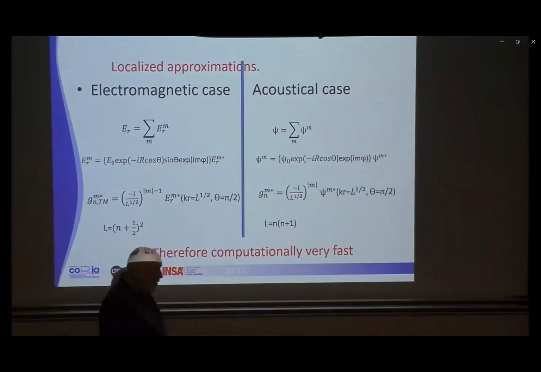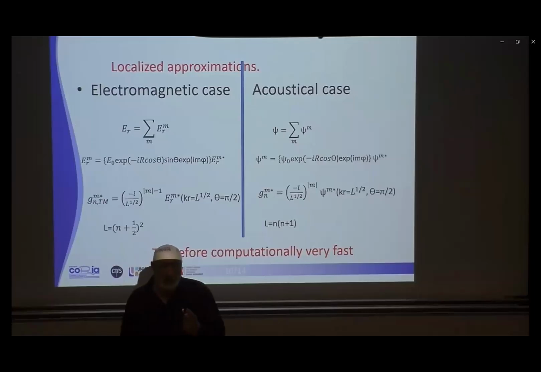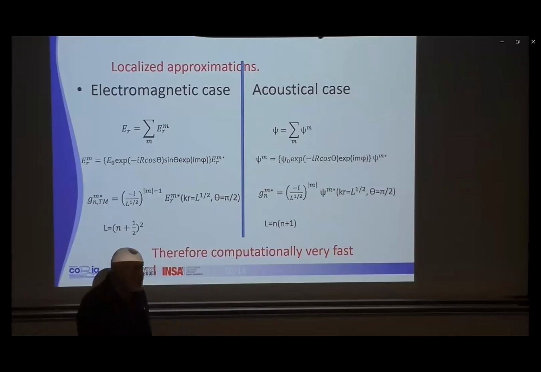Once the GNFT had been built at the beginning, we needed 1 hour to compute one beam shape coefficient. It was impossible to use this theory for whatever you want. It took more than 10 years to solve this problem. And one of the solutions has been to invent what we call the localized approximation, which is a very fast way of computing